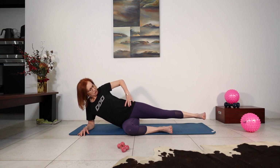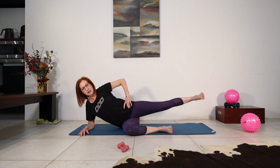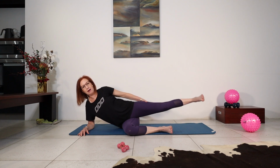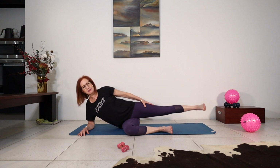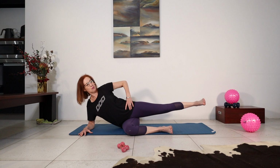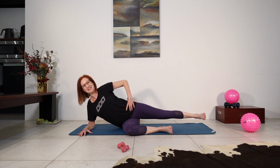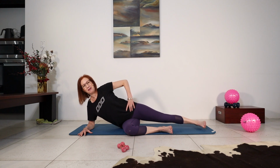So we've got to open up through that hip. Tap the floor down, flex the foot, squeeze the glute, lift up. Now, remember, knees straight, as long as you're not getting any sensitivity. Legs should feel like lead. So imagine you've got weights on your ankle. You don't need them. 6, 5, 4,